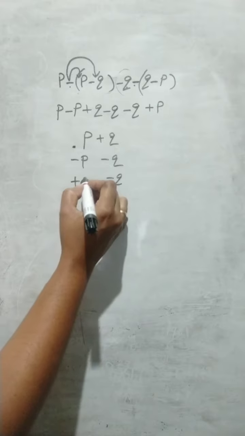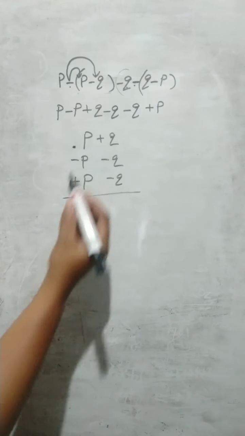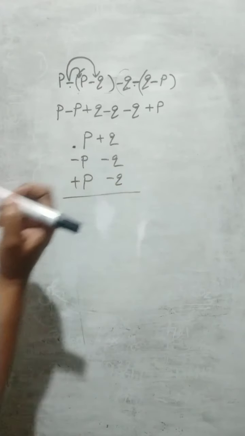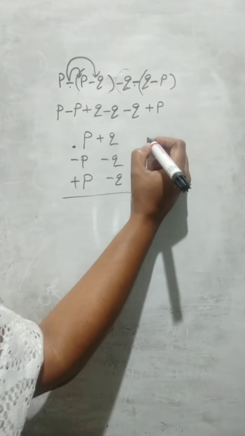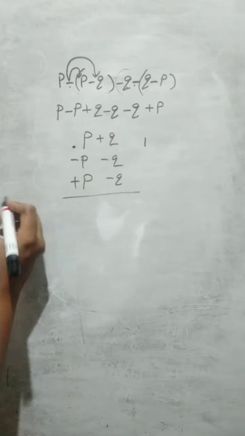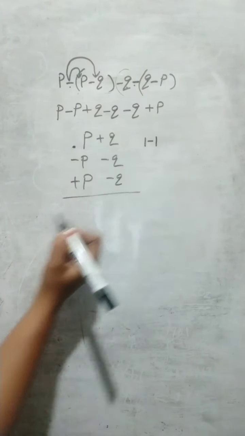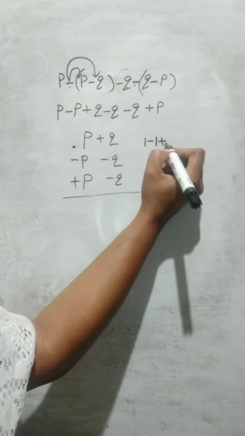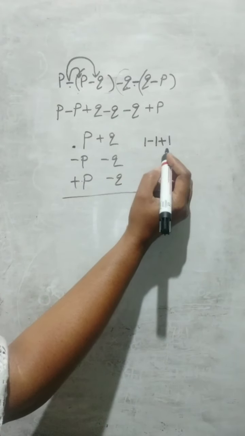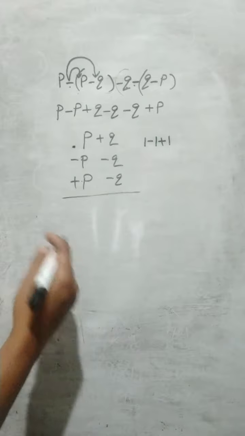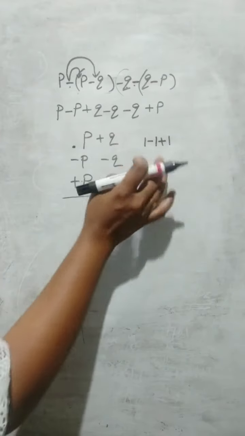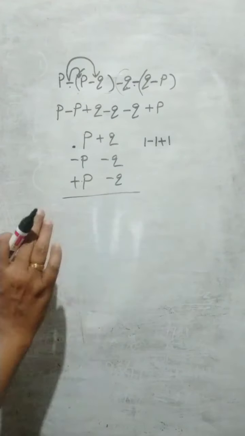How can we do this? Think about the coefficients of each like term. Here P, P, P. Here positive P, so the coefficient of P is positive 1. Here negative P, so the coefficient will be -1. Here positive P, so that will be +1. So the answer is 1 minus 1, 0. 0 plus 1, 1 itself. Actually the way is we have to add the positive numbers, keep it on one side, then add the negative numbers. We have to do the calculation that way.